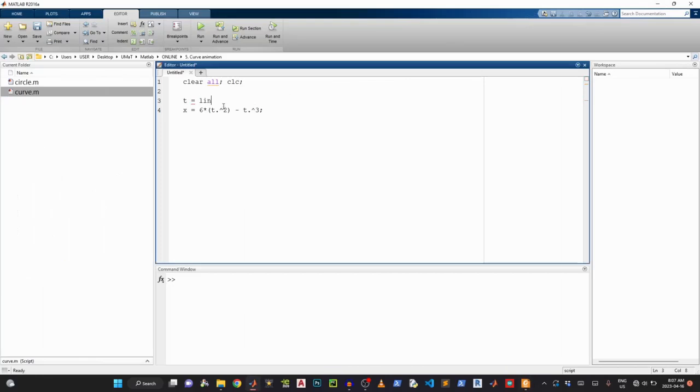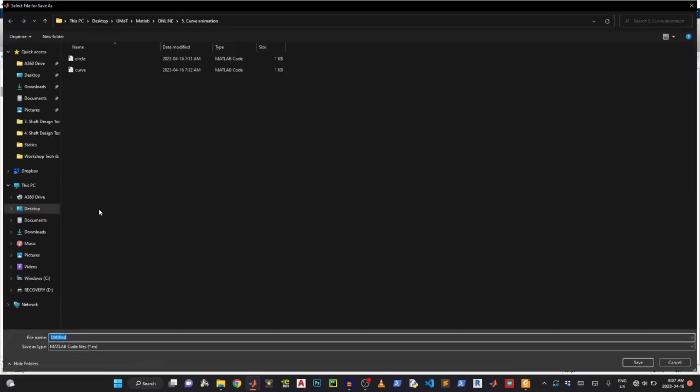Okay, so let's use linspace. So let's start from 0 and at 6 seconds let's do 12 divisions. Okay, and then what can we do? Let's plot this to have a look. We can plot this. I'll save it with the name position curve,